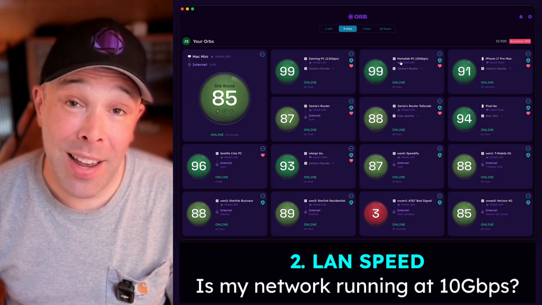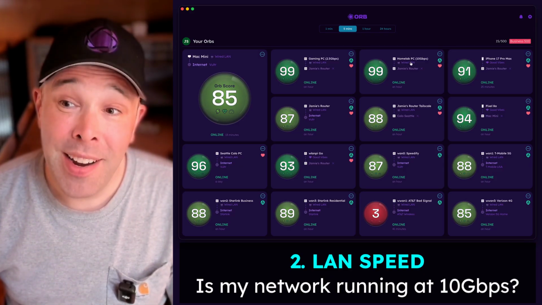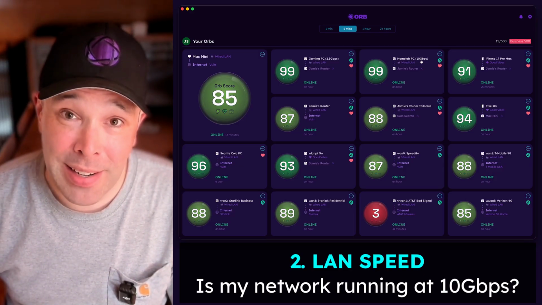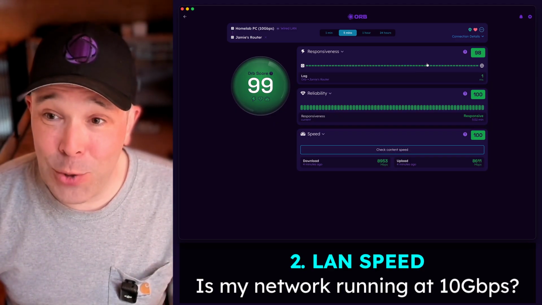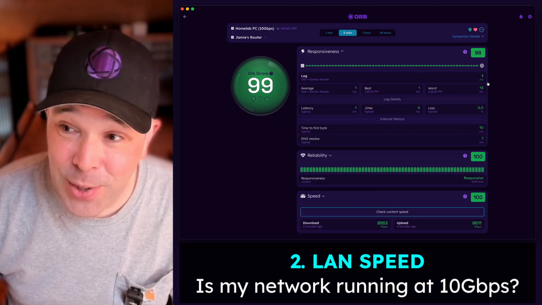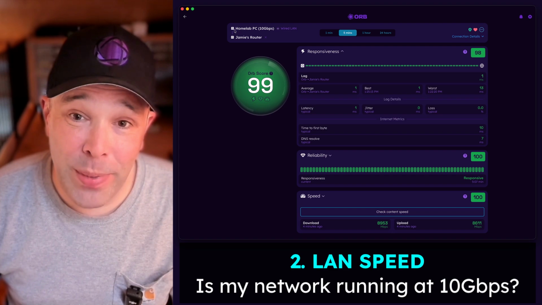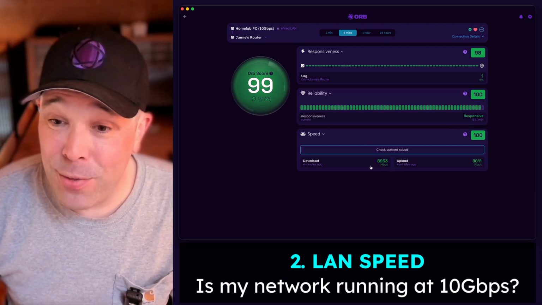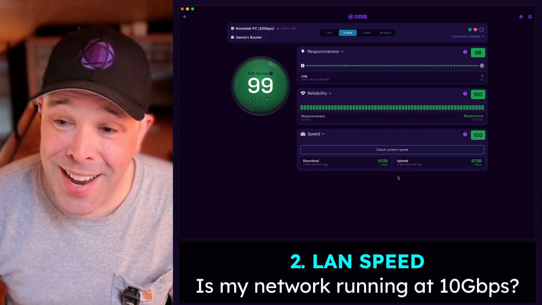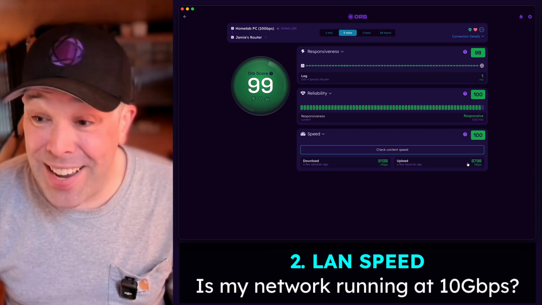And so I have a Linux Home Lab PC that is running on a 10 gigabit Ethernet connection. And so I want to know, hey, is this thing running at full speed? You can see that my responsiveness is great. I've got 1 millisecond from the Linux PC to my router. I also have, if I run a quick content speed test, you can see I'm getting 9,000 down and 9,000